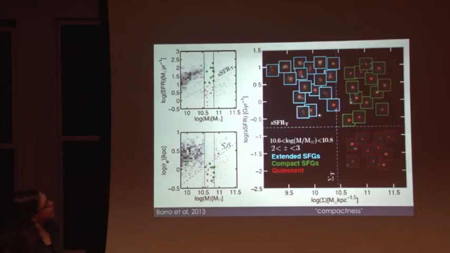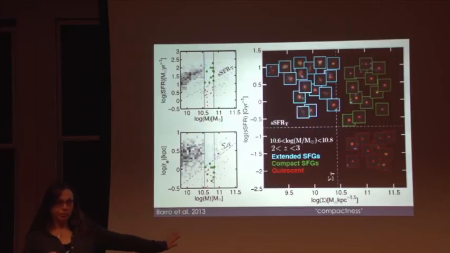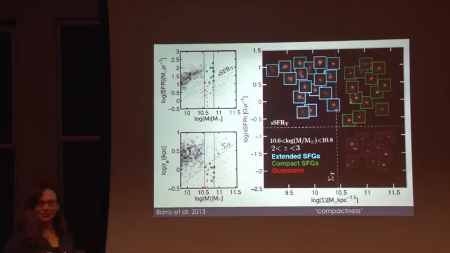So now this shows little postage stamps of galaxies at a redshift between 2 and 3 from Candles. You can see that these extended star-forming galaxies, so these have low compactness, they're extended, look like disks, sort of. I mean, they're not like grand design spirals, but these are the disks that we see at redshift 2. As I said, they are very different from nearby disks, but if you actually go and take IFU data, they're supported by rotation. And they have exponential light profiles, more or less. So these are as disky as we get.